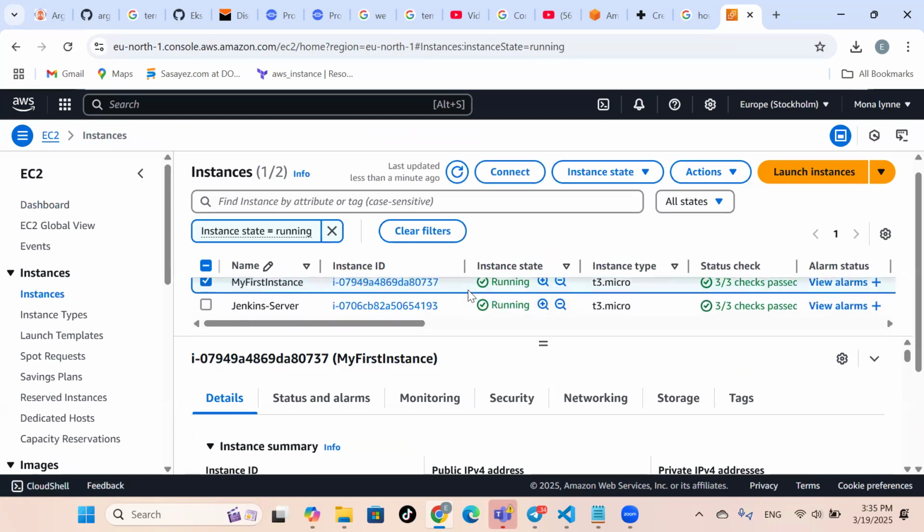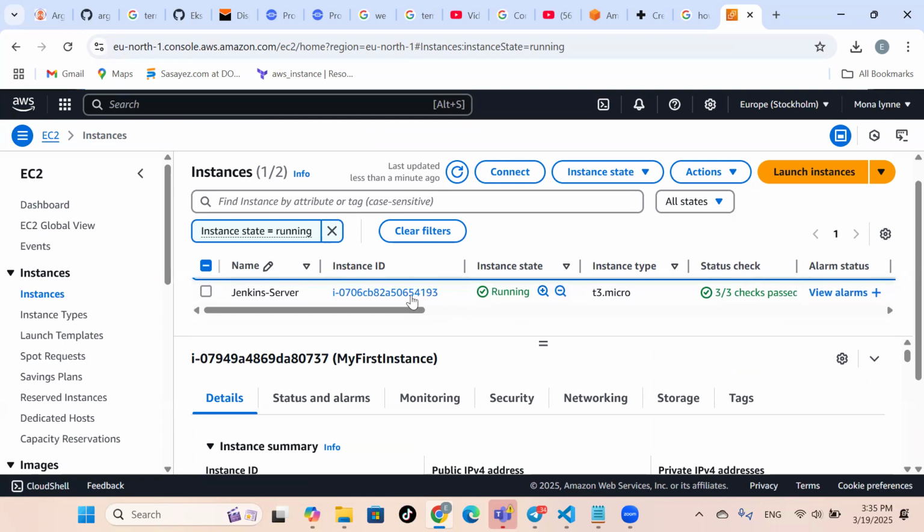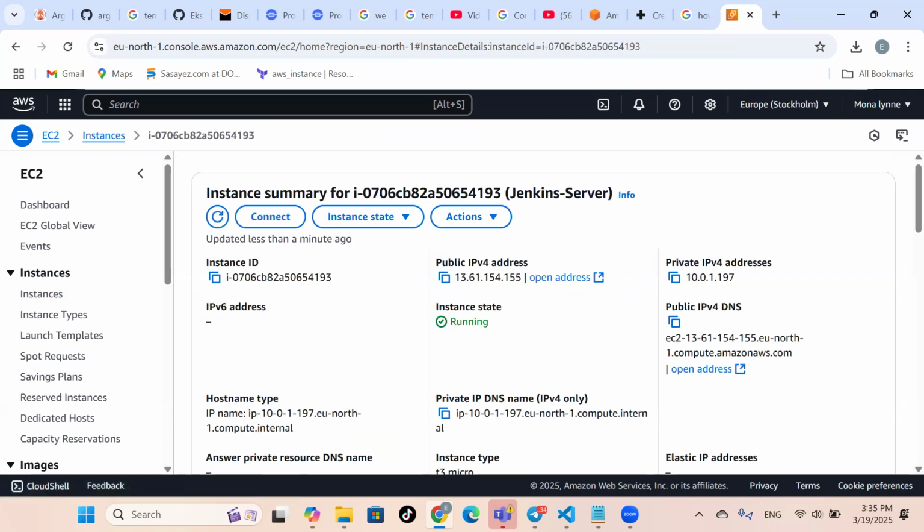So our security check has passed, right? 3 on 3. So now that we have created it, we have our instance that is running, as we can all see. And now we have to connect, okay? So you now have your very own virtual machine running on AWS. Congratulations. So now, how are we going to connect? We click on connect,